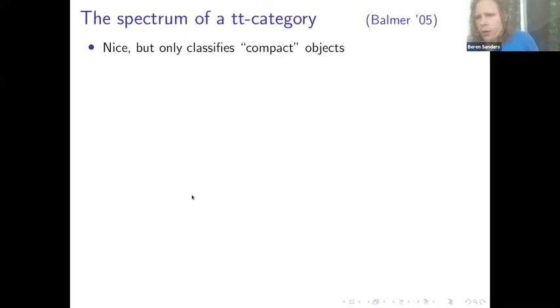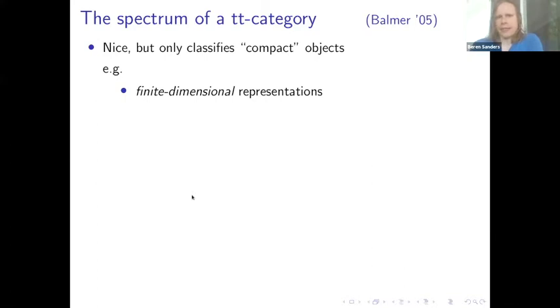But although all of this is quite nice, it only really applies to classifying the kind of compact objects in these settings. So for example, these classification theorems that I mentioned, they classify the finite dimensional representations. They classify the finite spectra. They classify the perfect complexes. So they're all about classifying objects under some kinds of finiteness conditions. And